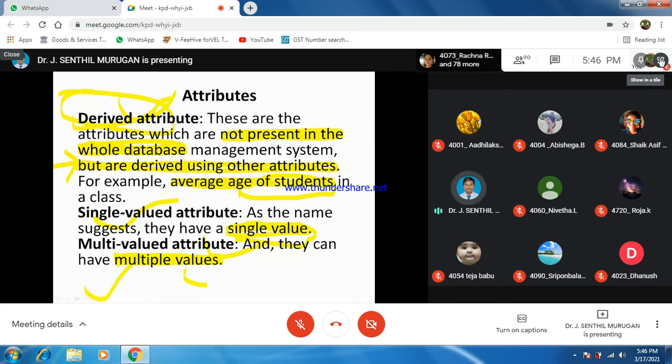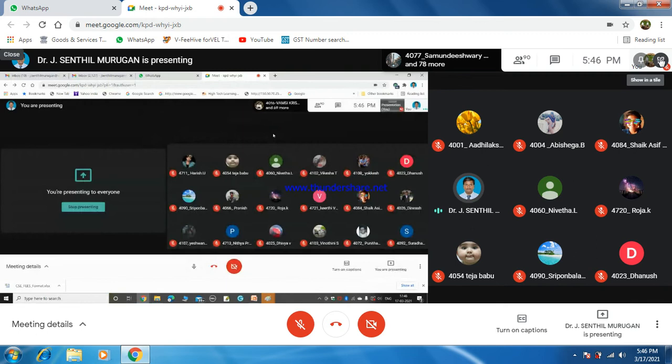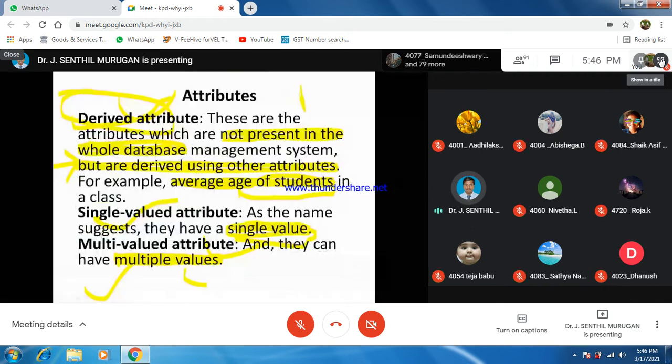Multiple values means it has multiple values of attributes. All these attributes will come in MCQs.